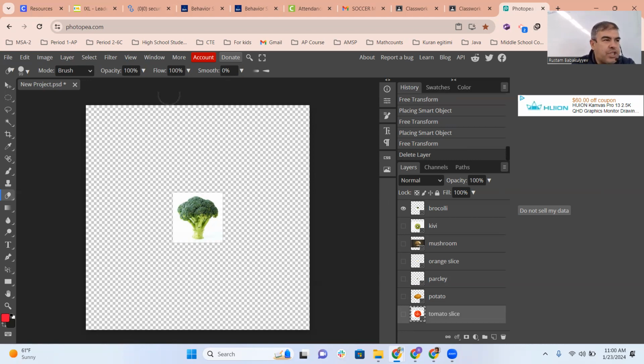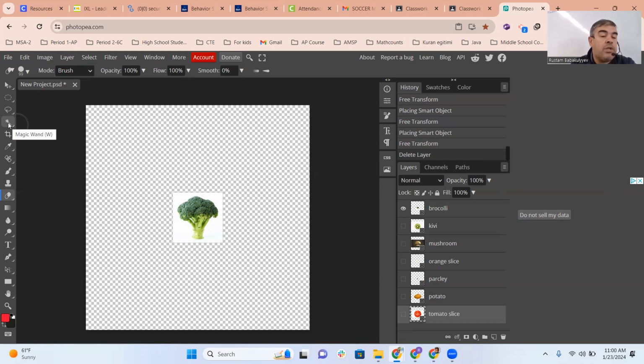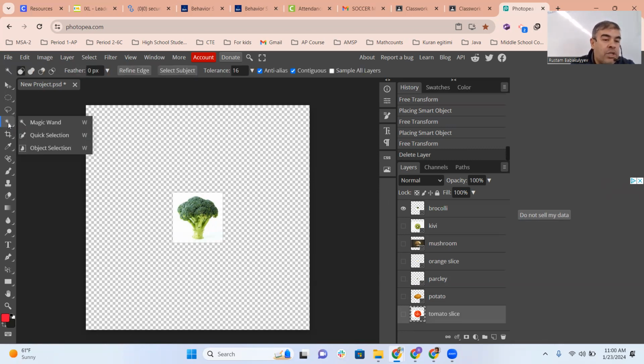This is what you guys can do. You can use the eraser tool. However, there's a much easier way to do it. I'm going to introduce you to a tool called Magic Wand. The shortcut is W. If you click on Magic Wand, which is shortcut W, and you click on the white part of the image,